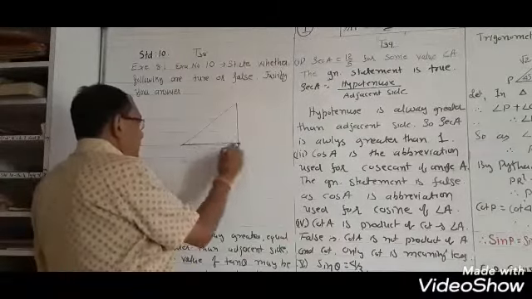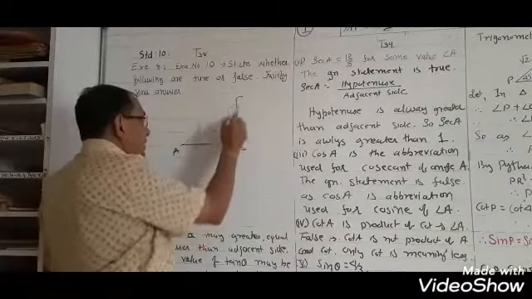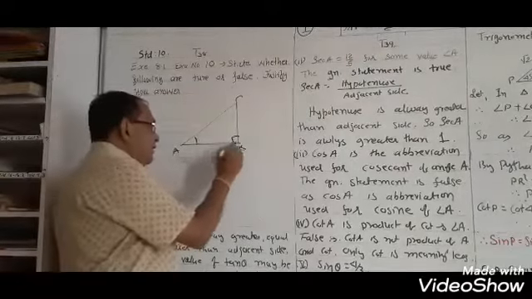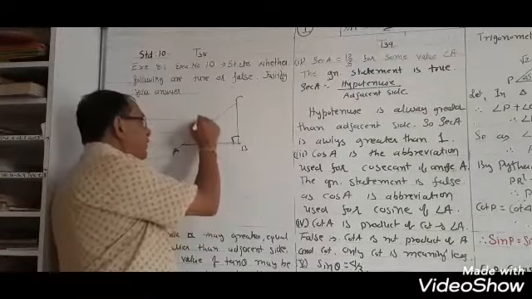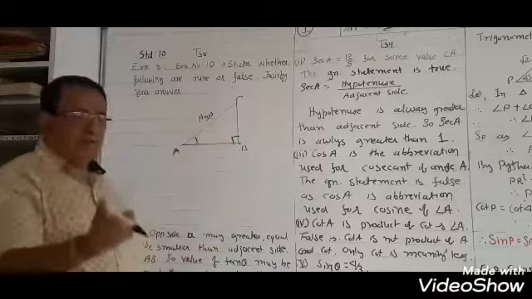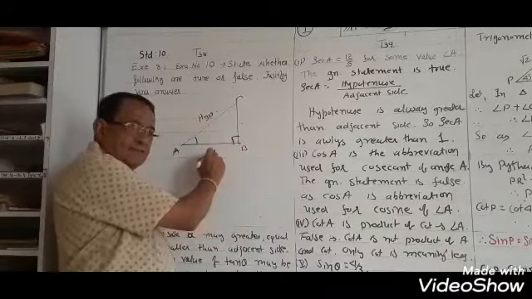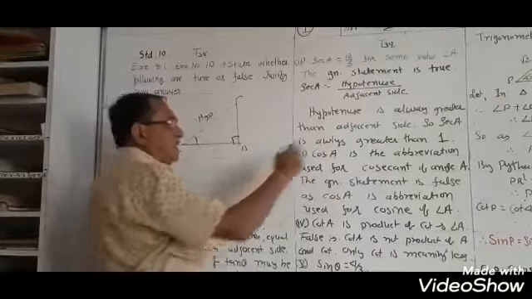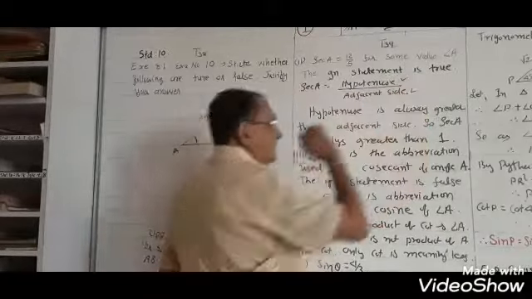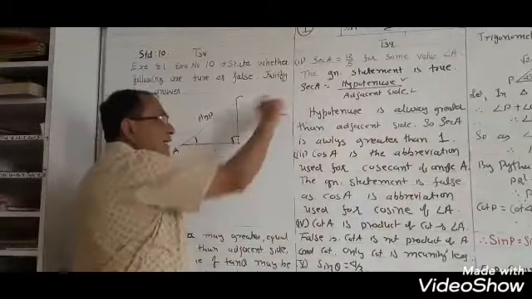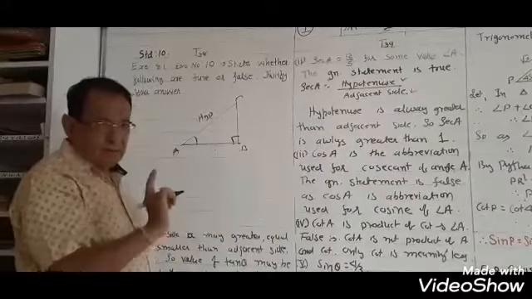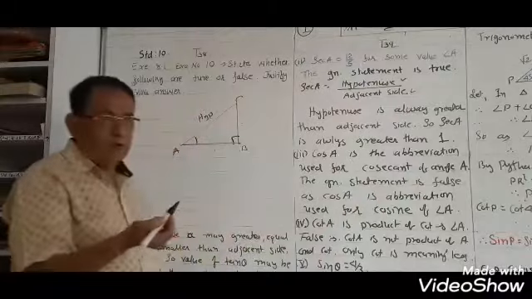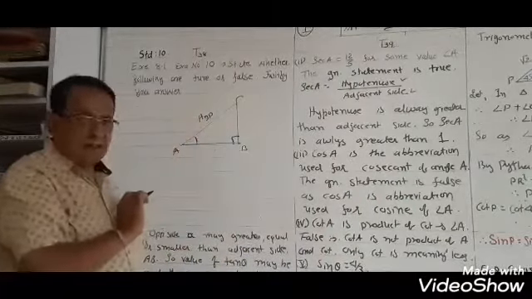I have written the reason here, but I will explain it here. In triangle ABC, B is 90, therefore the other angles are acute angles. B is greater, therefore this one is the hypotenuse. Hypotenuse is always greater than the remaining two sides. Sec A is equal to hypotenuse upon adjacent side, so that is greater and that is smaller. That means sec A is always greater than 1. So 12 upon 5 means 2.4. So it is correct.